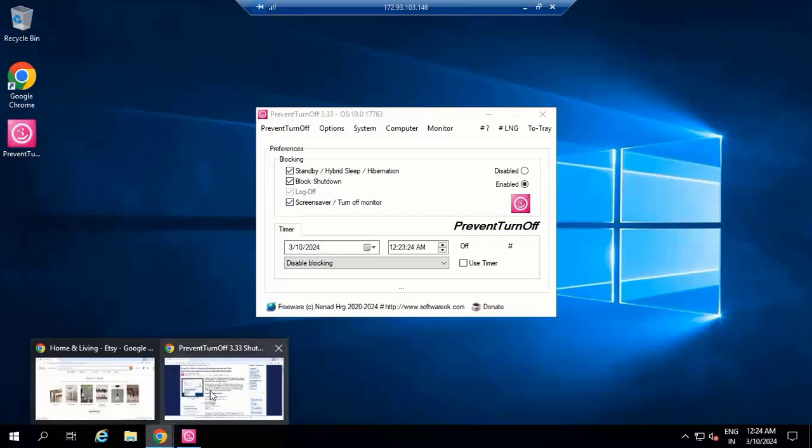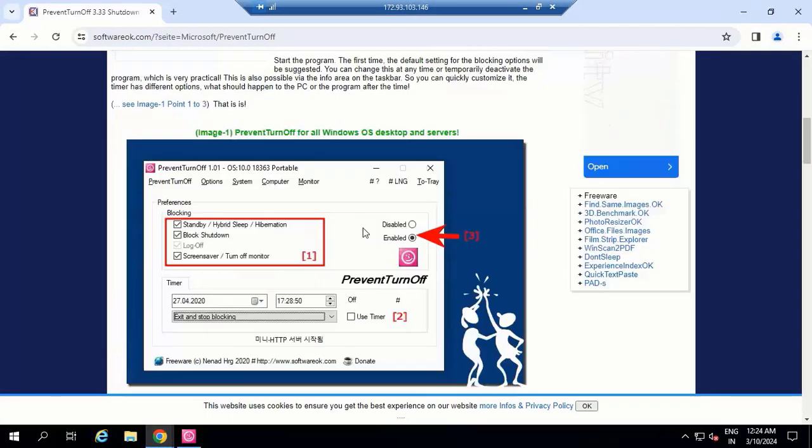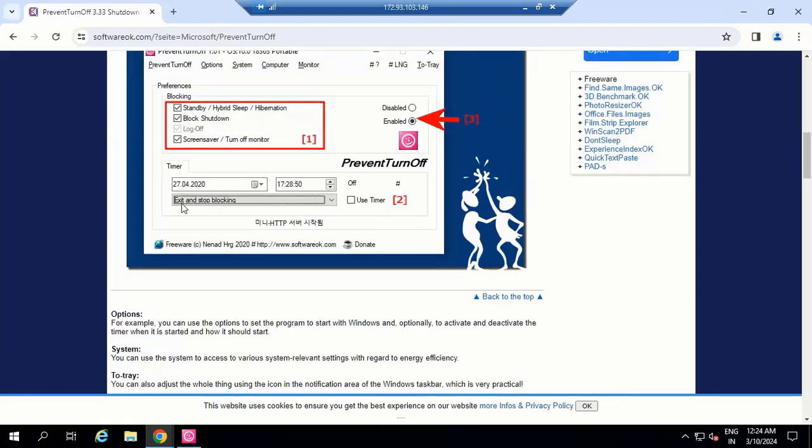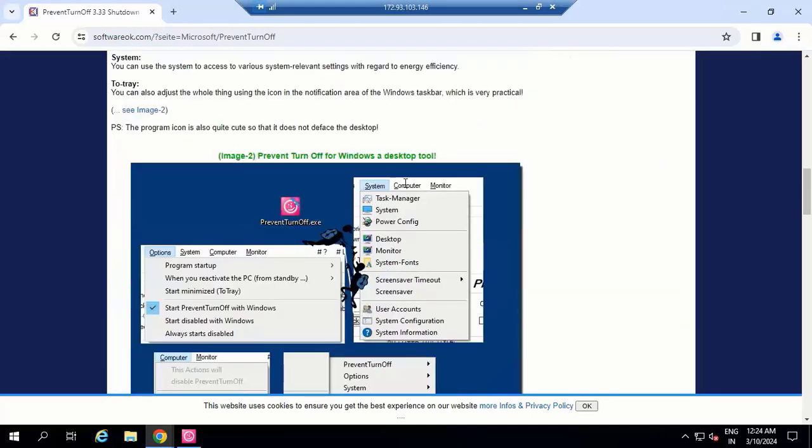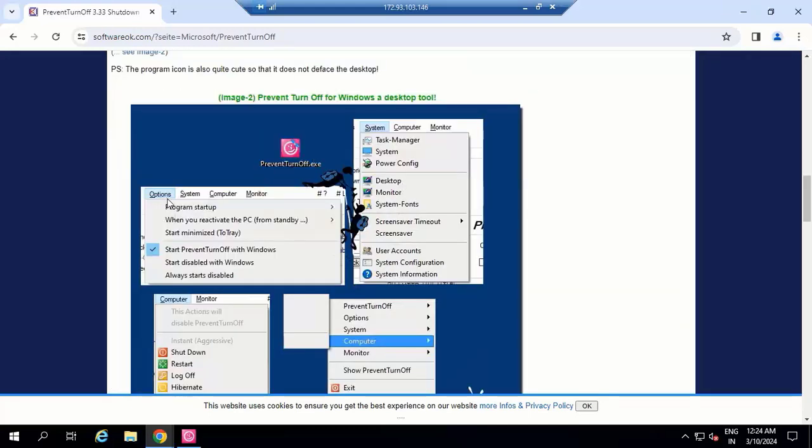Now we will check the further guide from here. They are saying that you can click on exit or stop blocking, and there are a few steps: first do this, second do this, third do this. To know more, just pause this video and read this documentation very carefully. Now scroll down to the bottom, go to the options, and click on start prevent turn